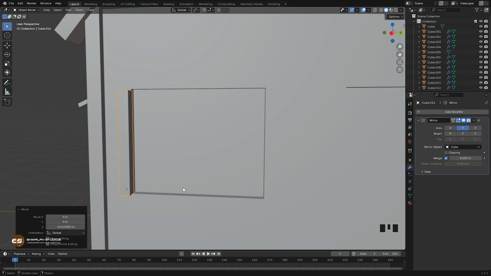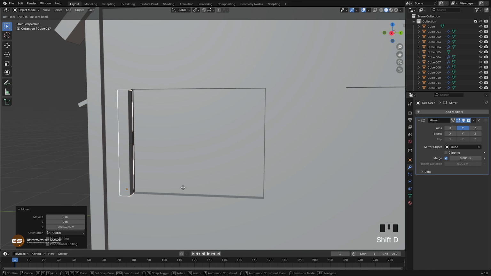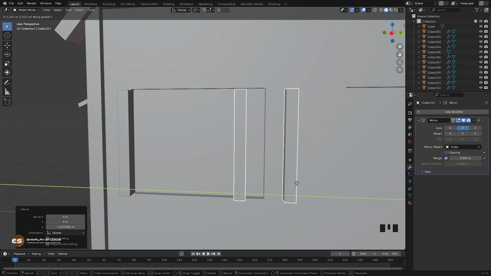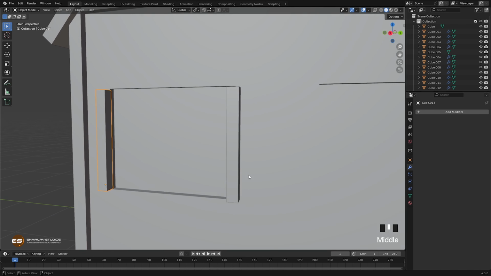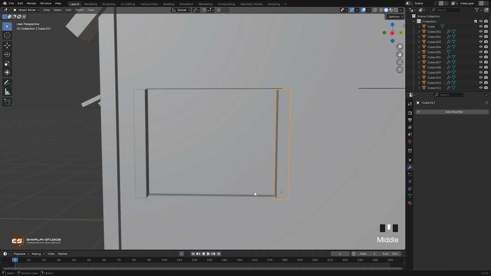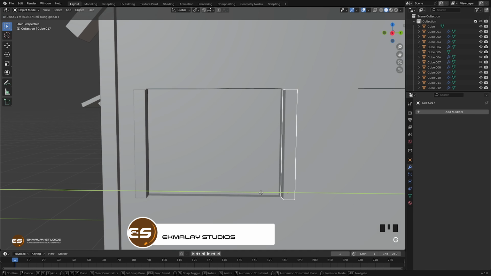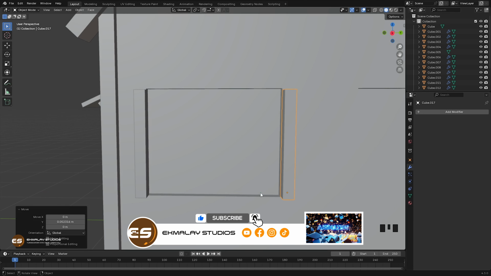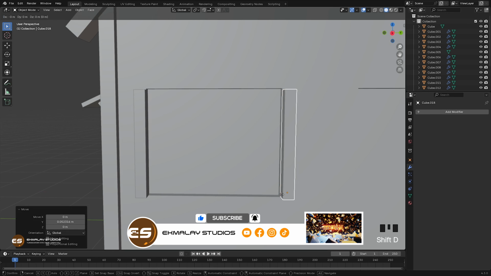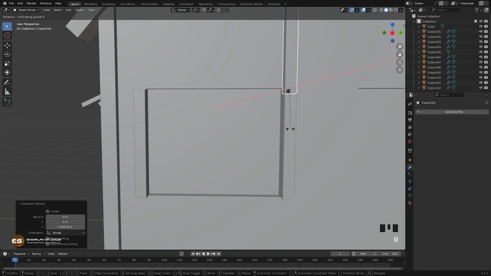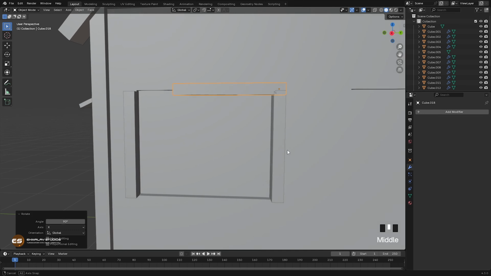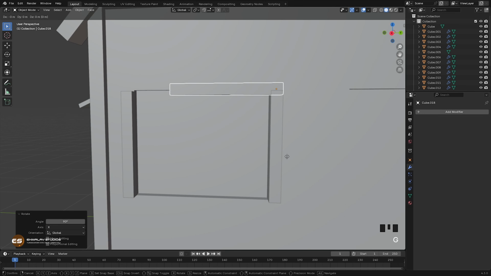So let's duplicate this one, Shift D and Y, move to this side. We don't want a mirror for this one, sorry. I'm gonna remove it because we only want this on one side. So press G, Y, move it to the right place. Now Shift D and Z and move it up like this. Or R, X, 9, 0. Let's move up a little bit. G, Z,